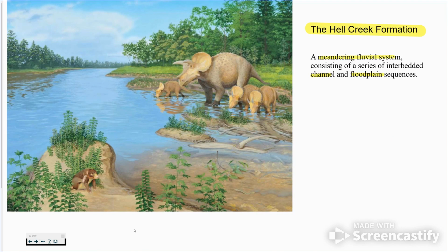So the next one we're gonna stop right there. It's going to be the formation that I studied a lot of, and that's where all the fossils that you're going to do sorting on are going to be. That is like the end of when the